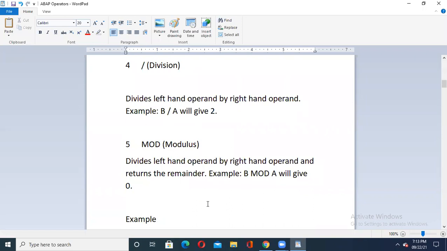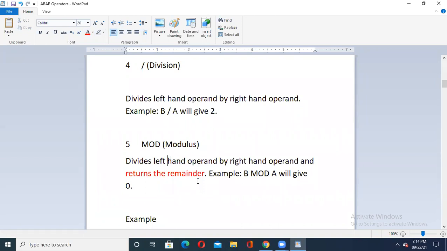Then one more operator is available, which is known as the mod operator or modulus operator. Please understand, in the mod operator, what happens: the division operator generally gives us the quotient. Whereas when I use the mod operator in my program, it actually returns the remainder. Please remember, it gives us the remainder value. Suppose I'm dividing 40 by 20, then my answer as a quotient will be 2, because 20 twos are 40.